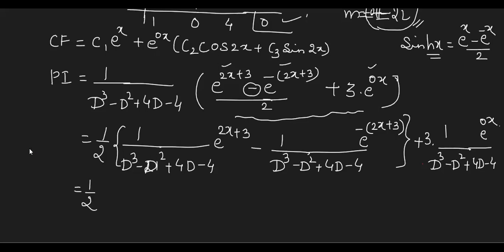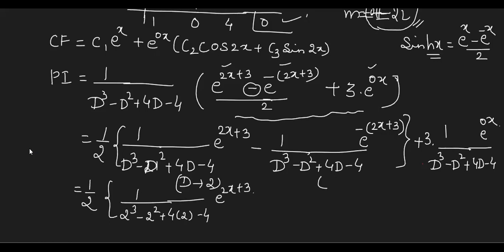Okay. Now just see, the coefficient of x is what? 2. Is 2 a root? No, plus or minus 2i is different and 2 is different. So 2 is not a root, and 100% it will not become 0. You can check. So for the first term, replace d by 2, which means we get 2 cube minus 2 square plus 4 into 2 minus 4. Clear?